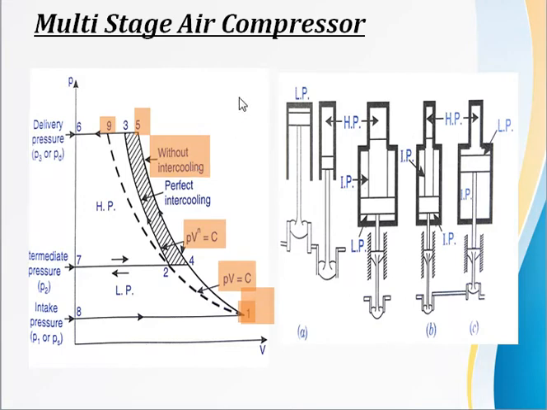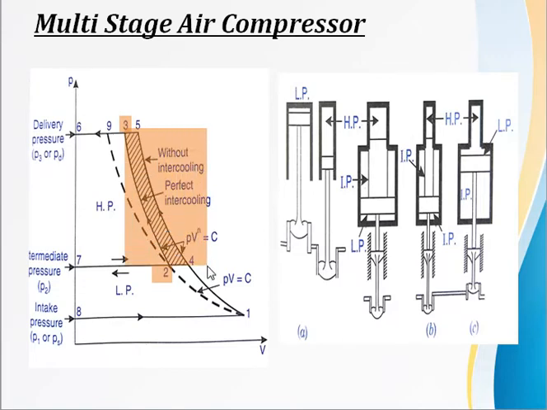But here what we do, we go in two stages. So 1 to 4, again 4 to 2, we are cooling here and again we are compressing. So 2 to 3, instead of going from 4 to 5. So what we have done, this shaded area, this much amount of work is being saved. Okay, and again from 2 to 3 we are compressing. So the second stage is where 2 to 3, that is the HP cylinder. LP cylinder you are compressing from 1 to 4.